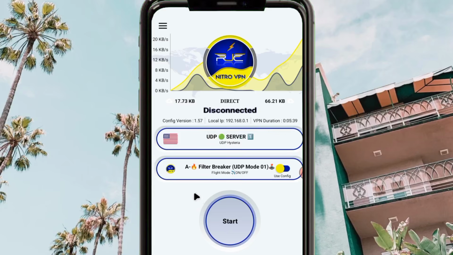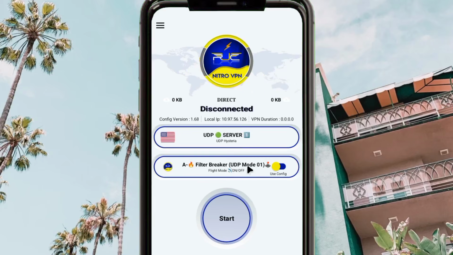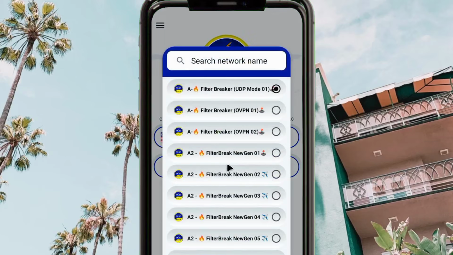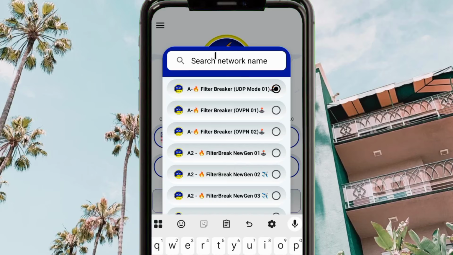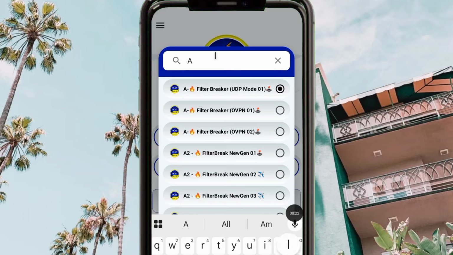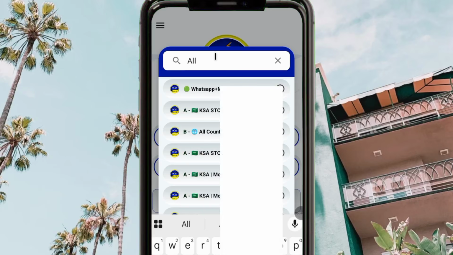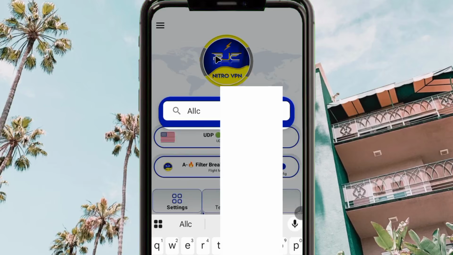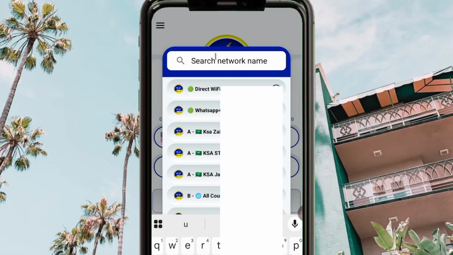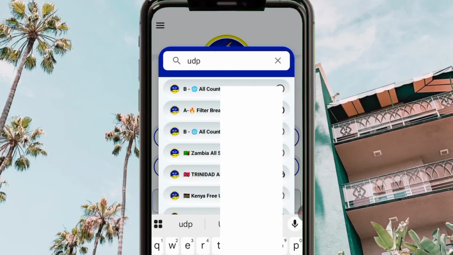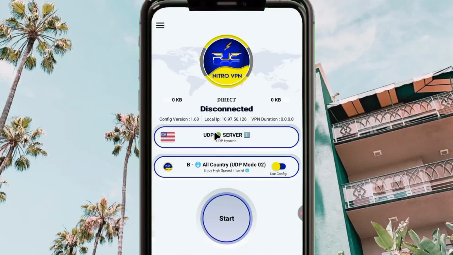And after that, you are required to pick a network or a connection method. So you can pick the UDP mode, or if UDP is not working in your country, you tap here, then in the search bar you can search for your country name. For today's video, we are gonna use UDP. So you can search for your country name in case UDP is not working for you. In case UDP is working in your country, you can pick any of the presented UDP connection methods, and then after that,